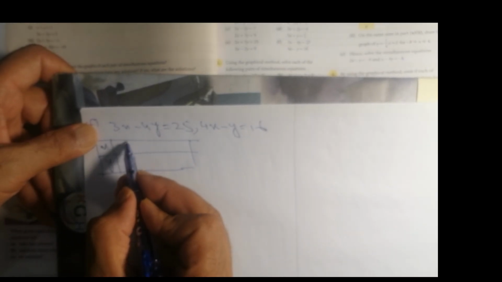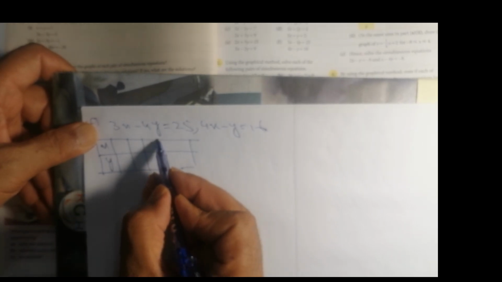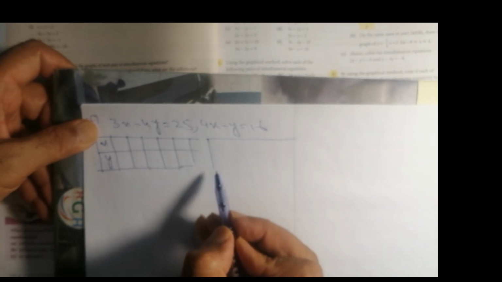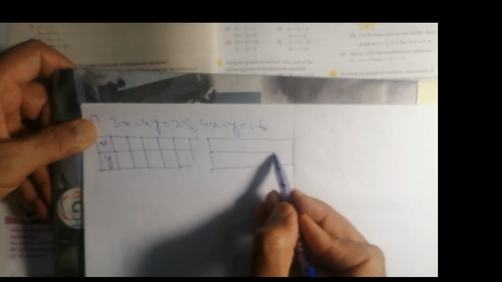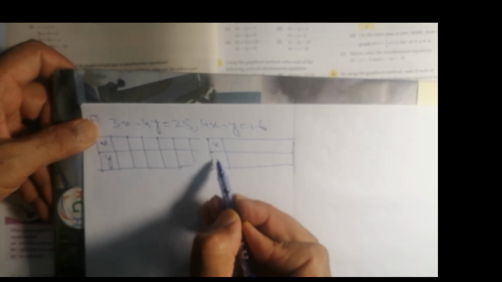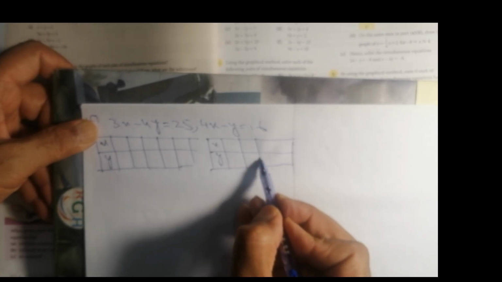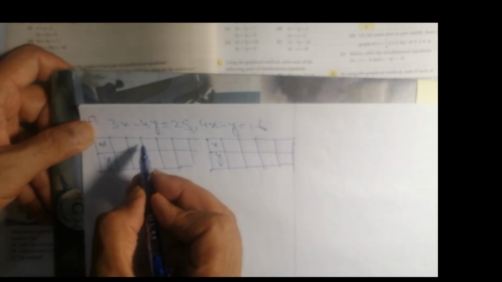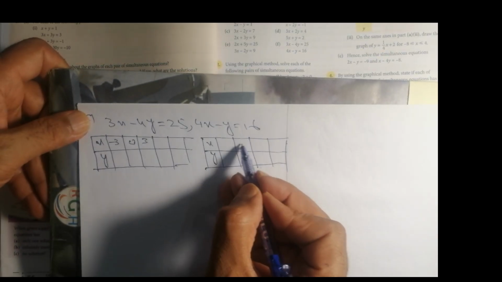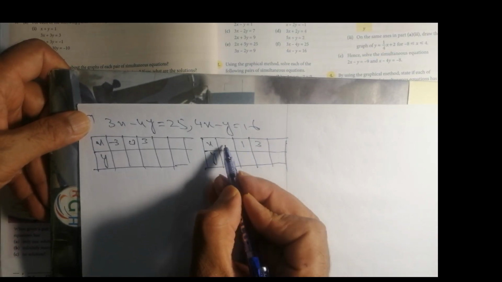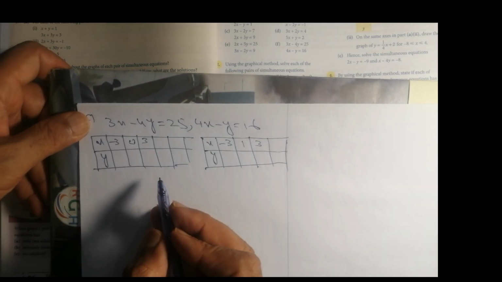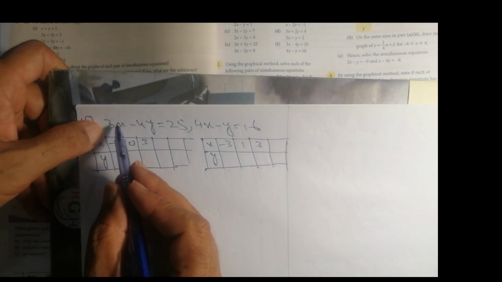x, y. So we can initially take just three values for x: 0, 3, and minus 3, and here we can also take the same values 0, 3, minus 3, or 1, 3, minus 3. And now if we put 0 here,